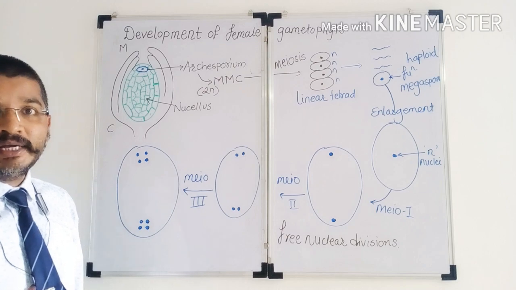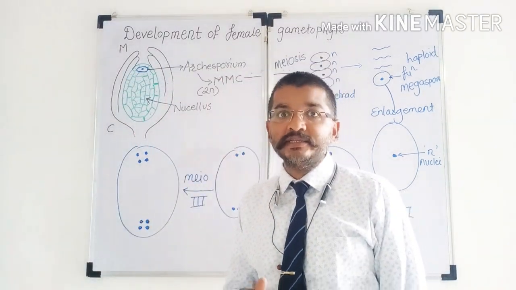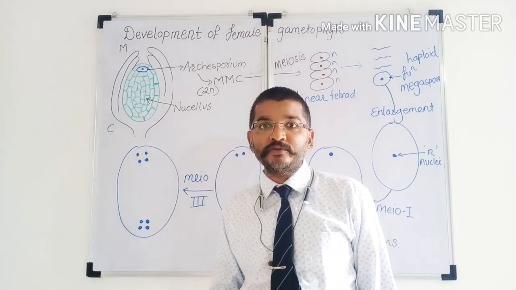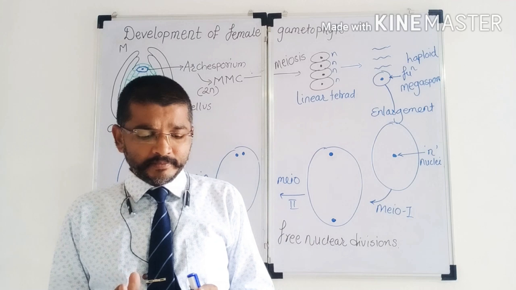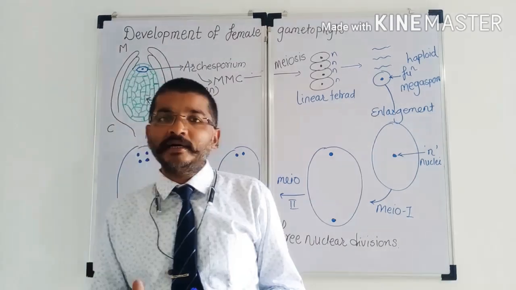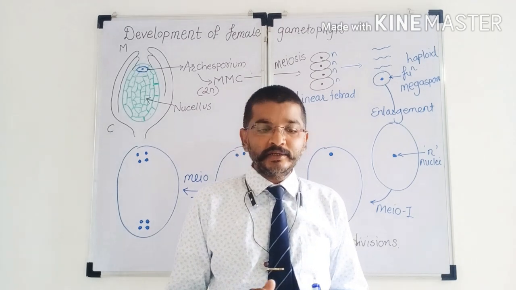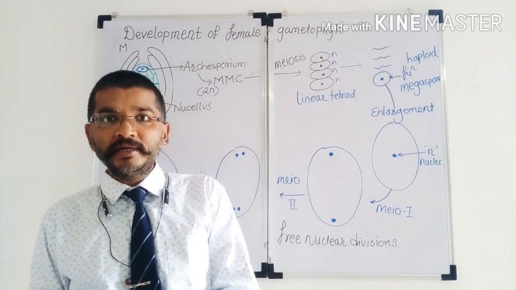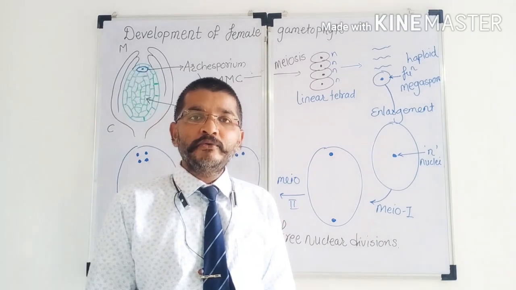So what is an ovule? We had seen that already in the previous topic, the structure of the anatropous ovule. Only for a quick review, I'll tell you the simple definition of ovule. Ovule is an unfertilized seed. So after fertilization, the ovule gets converted into a seed, and before fertilization, the seed was an ovule.